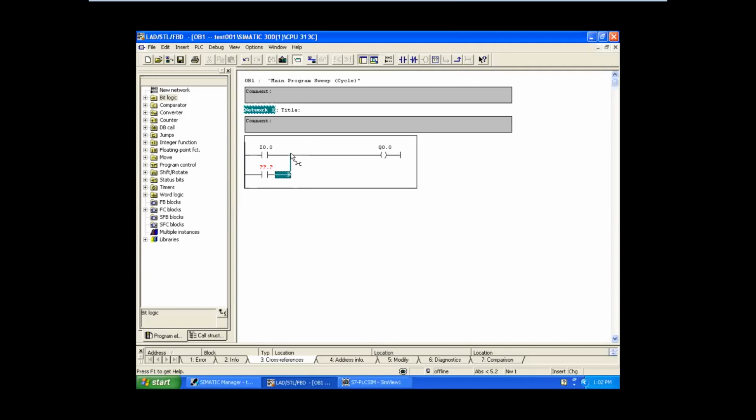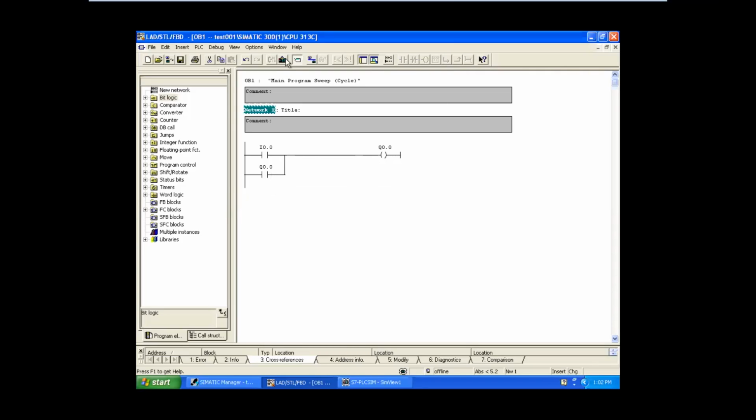This contact I am going to name as your output contact, the output address. So by connecting a parallel contact of your output, the output will stay continuously on.